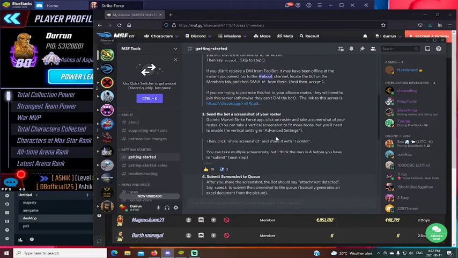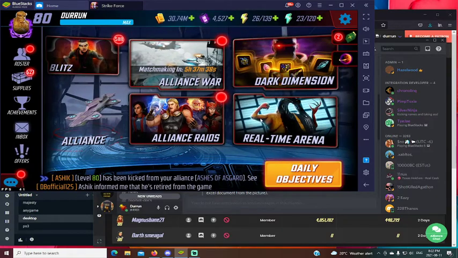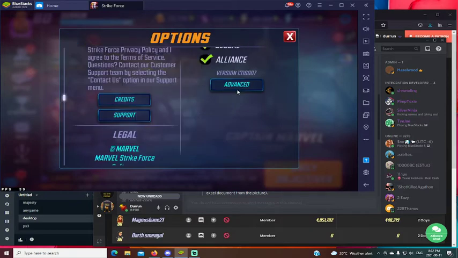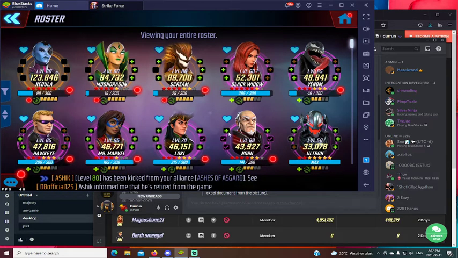But basically, once you get the bot set up, you need to take a screenshot of your roster. I've pre-done this because I'm not on my phone, but you should do it on your phone because it's easier. You go to the advanced settings and allow portrait screen orientation on your phone. And then when you do this, I don't want graphics mode, actually. We're going to take that off. This is important because if you don't do it this way, you're only going to get 10 screenshots at a time. And it's going to take forever to upload them all. But when you go into portrait mode, as I've already done,